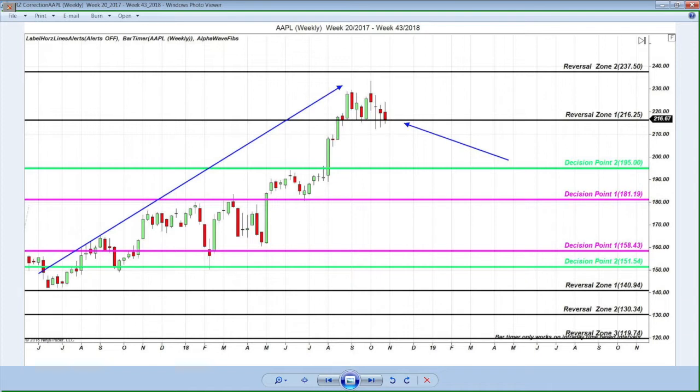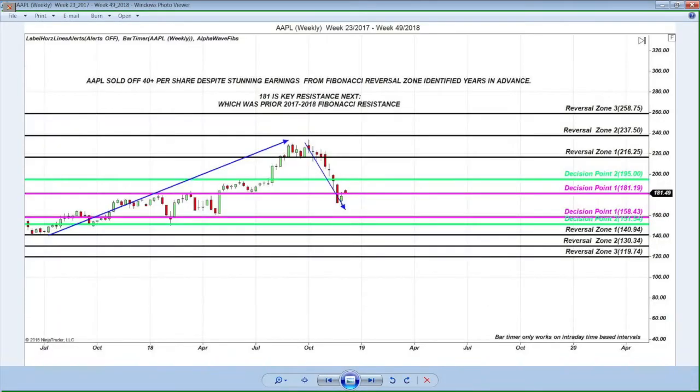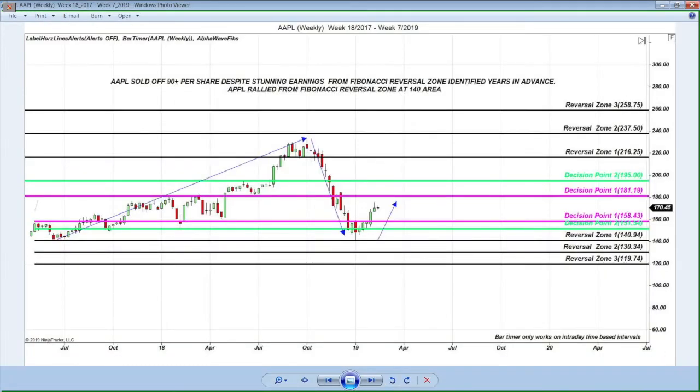This is Apple at the start of 2018, towards the end of 2018. What do you see on the bottom? 140. Does Apple crash and come out with horrific news that iPhone sales are not so good? Of course, when Apple is already at 200. This is Apple next. Crashing and selling off, my goodness. But this is what happens when Apple reaches the Fibonacci reversal zone at 140, identified many months in advance. Apple rallies